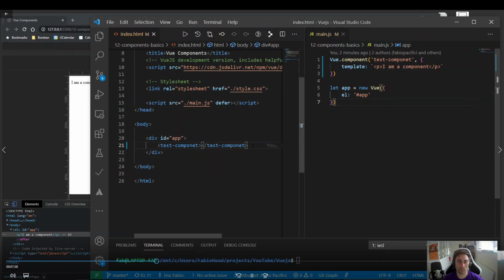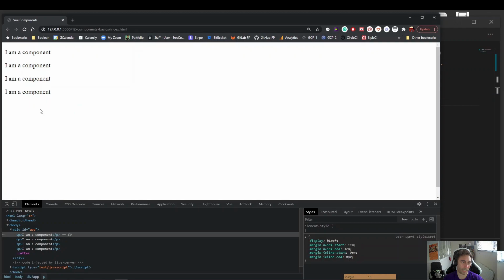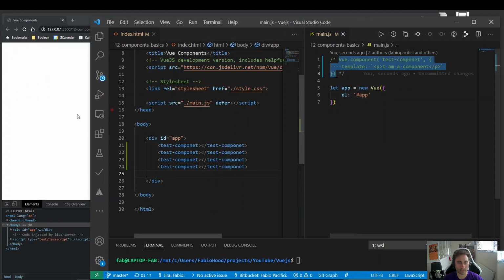So of course for now the component doesn't do anything. If we copy this component tag multiple times, we will see on the HTML page more components. So "I am a component" multiple times onto the page. So what we need to do now is actually pass something to this basic component. So let me just comment this out and